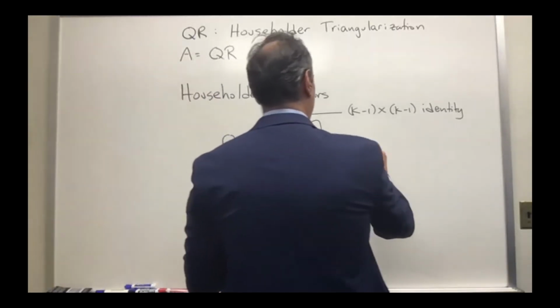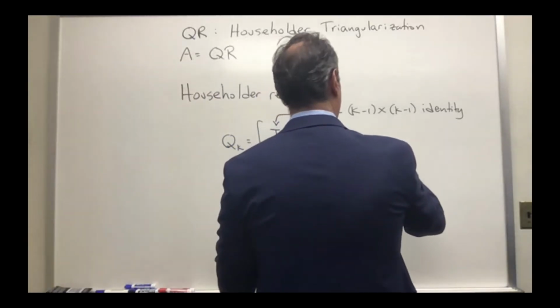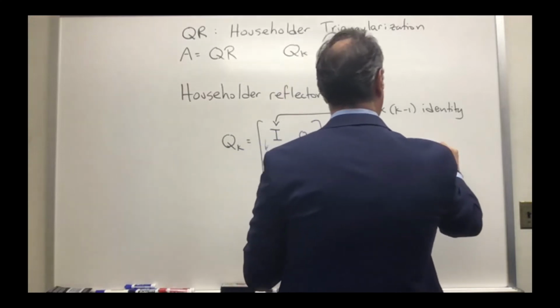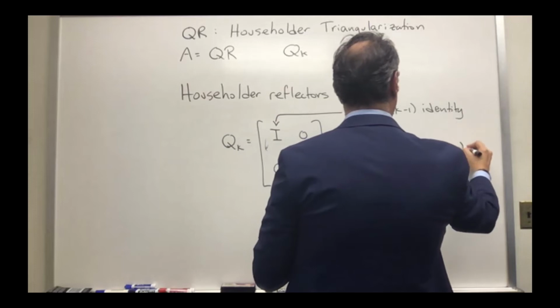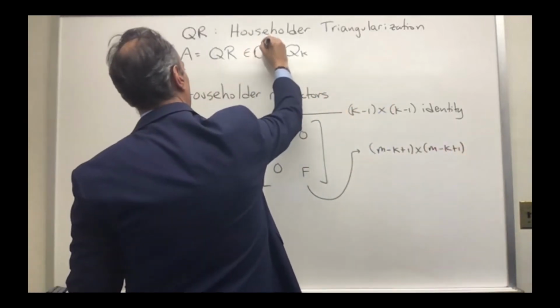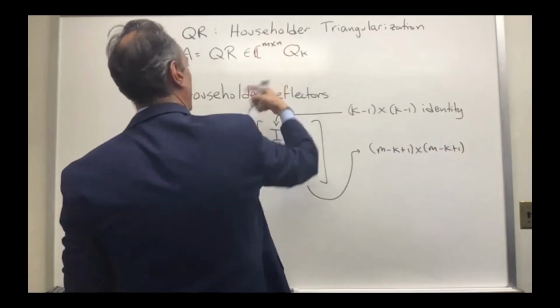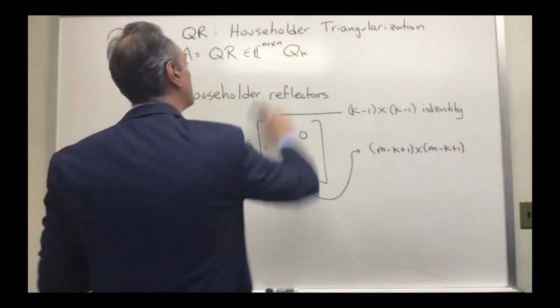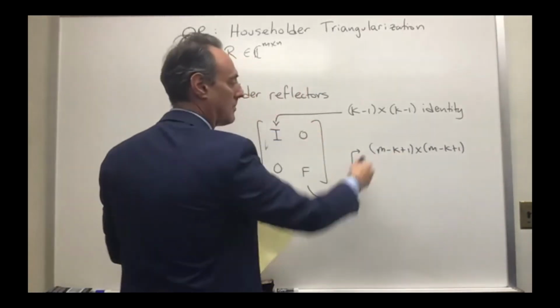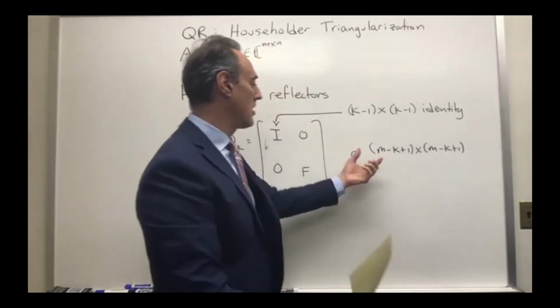What do I want F to be? Well, F is going to be now M minus K plus 1 by M minus K plus 1. Remember that A itself is M by N. So this is how many columns, rows I have left. So this is going to be